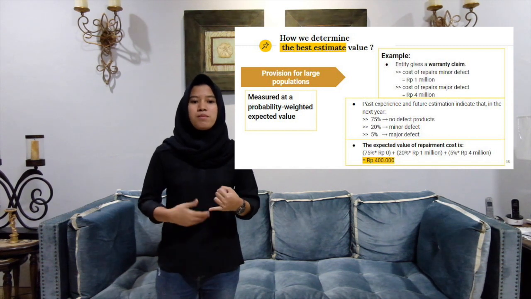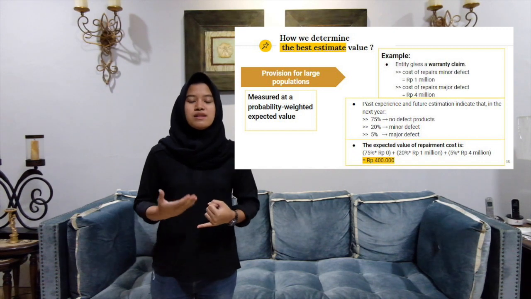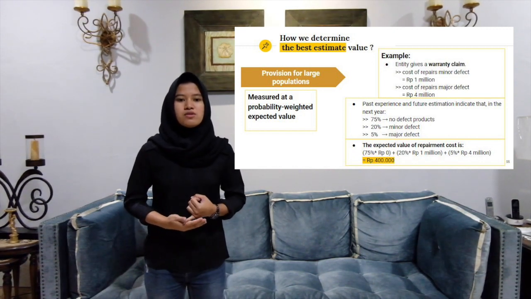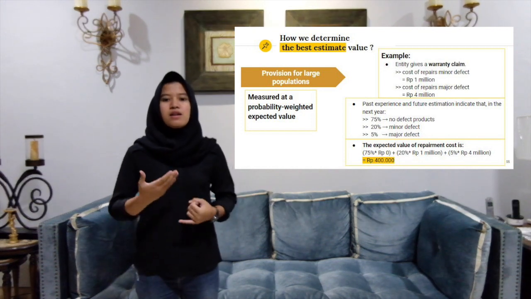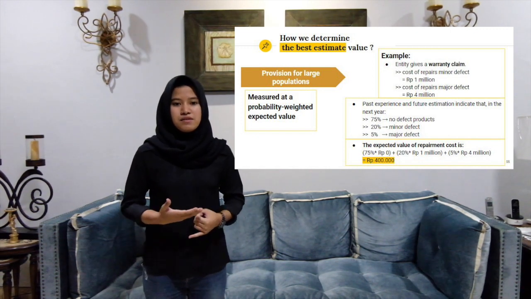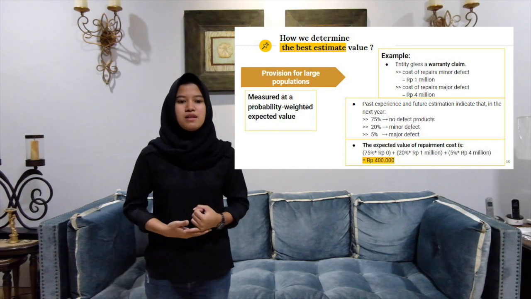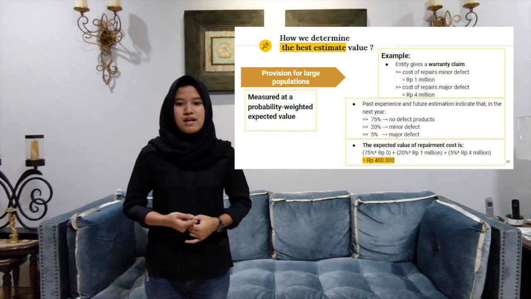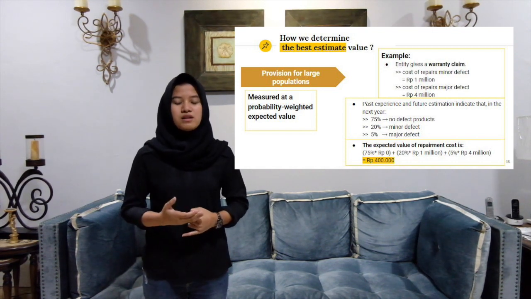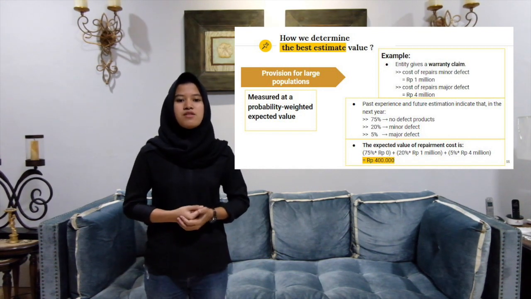They are measured at the probability weighted expected value. An example: an entity gives a warranty claim for repairs. If the defect detected from all products sold is classified as a minor defect, the cost of repairs is 1 million rupiah. But if there are major defects, the cost of repairs is 4 million rupiah. The past experience of the entity and future estimation indicate that in the next year, 75% of products sold do not contain defects at all, 20% of products sold contain minor defects, and